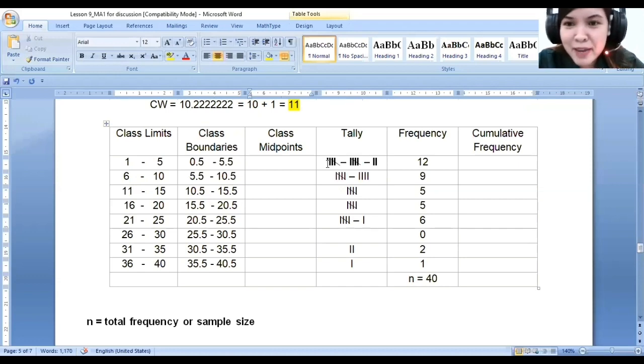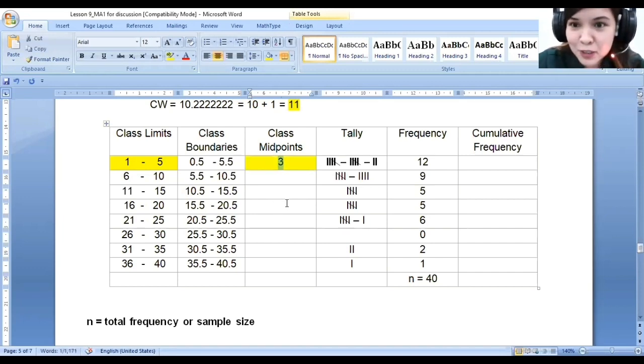Class midpoint naman. Ano ba yung class midpoint? So, dito ka magbibigay sa class limit. So, ang gagawin nyo, pag-a-addin nyo tong left and right, upper sa lower limit, divided by 2. So, 1 plus 5, 6. Divided by 2, 3. O, mula sa pinakamababa, ano ba pinakamababa niya? 1. Anong pagitan ng pinakamababa sa gitna? O, di 2. Kasi 3 minus 1,